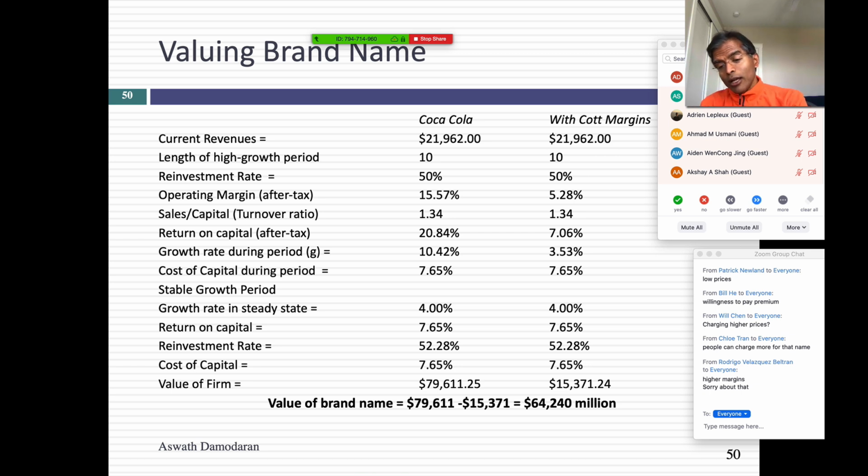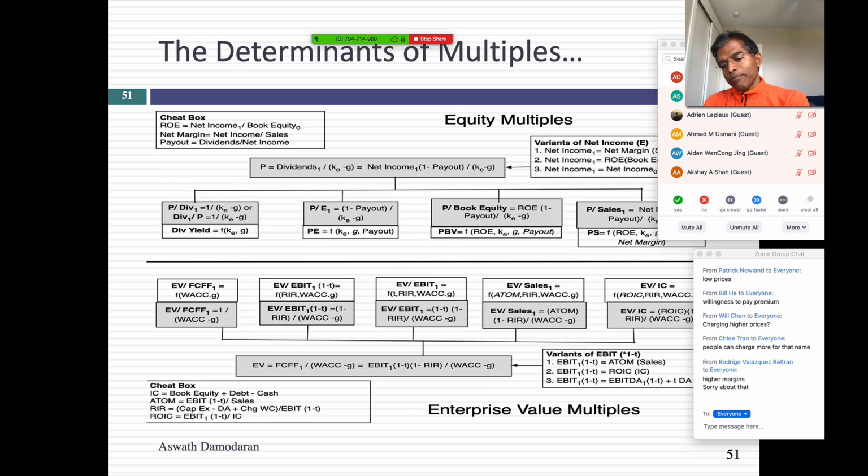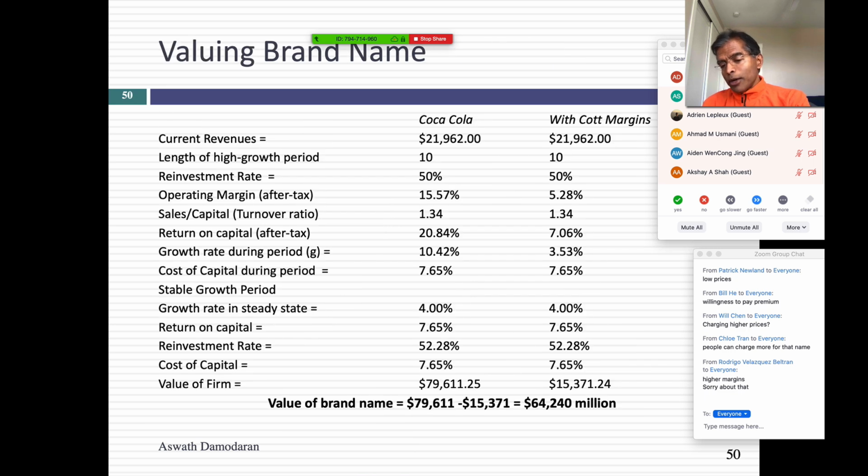If you do a good valuation, your response should be like that guy's mother. He says, where's the brand name? It's in there. Where's the great management? It's in there. Good discounted cash flow valuation, everything should already be in there. There's no garnishing after the fact. It's already embedded in there. So brand name value, can I value it? Absolutely. It's easier to do with Coca-Cola than with Apple.